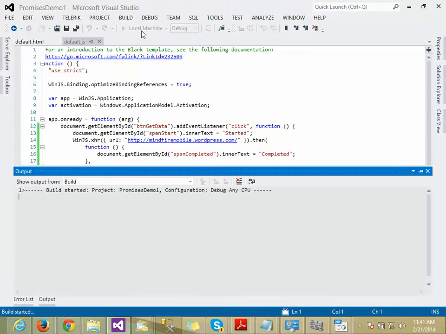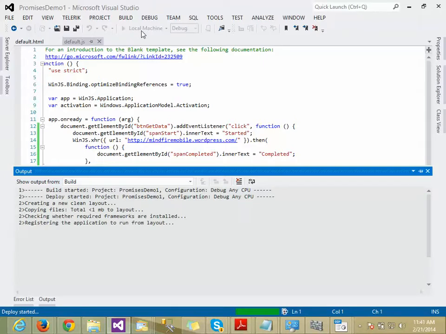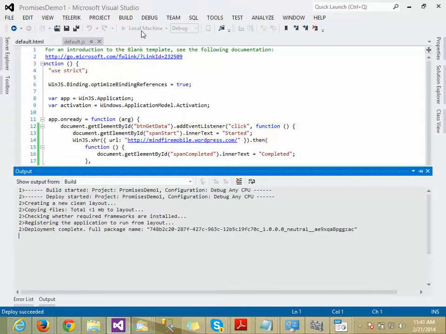Let's try now. Okay, so it started, and since it was a huge and long running process, the in progress indicator shows, and then the completed one.